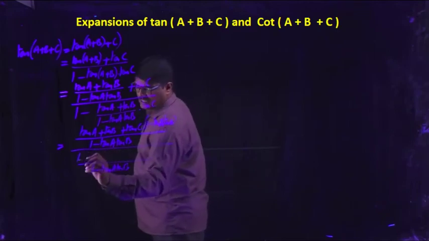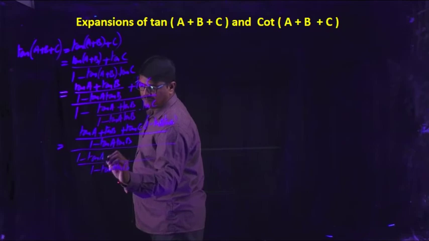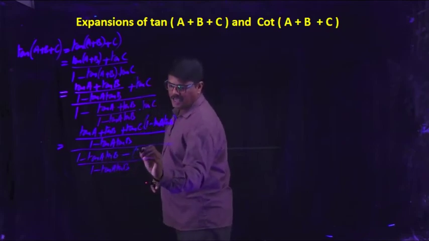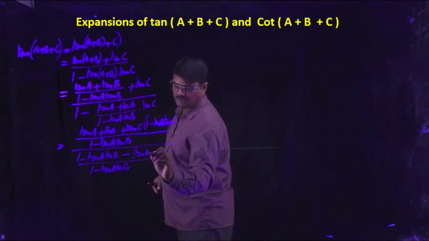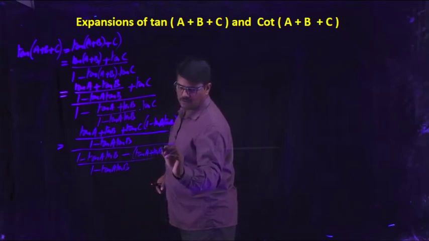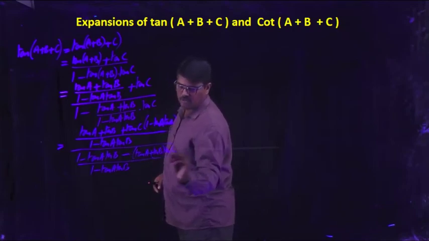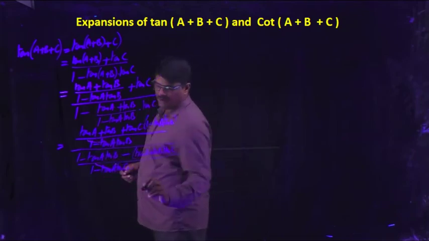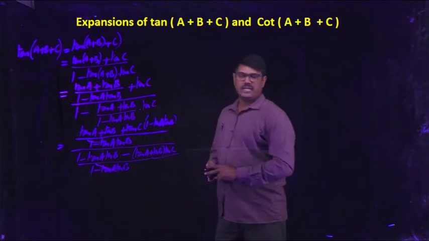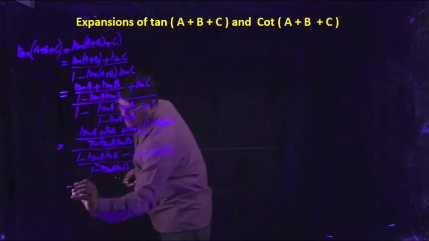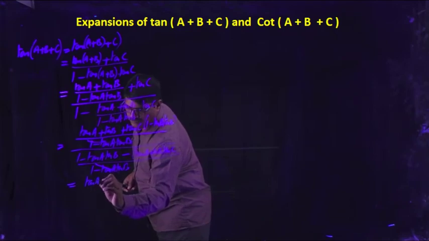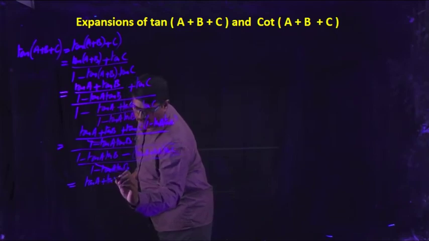So 1 minus tan A tan B, minus tan A plus tan B into tan C. So both the denominators get cancelled, 1 minus tan A tan B cancels, and you will get the answer tan A plus tan B plus tan C,